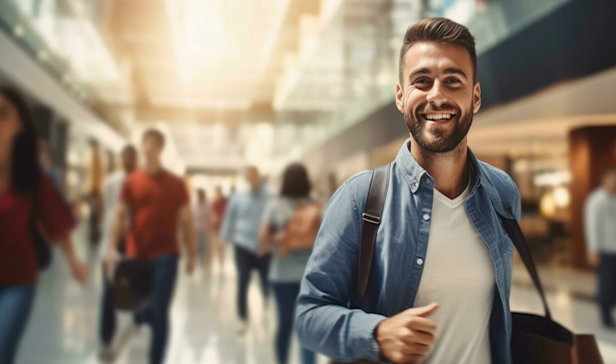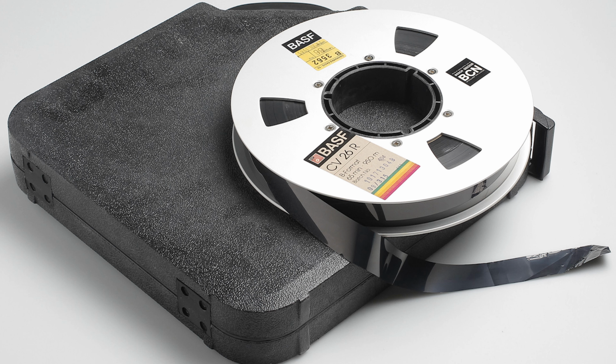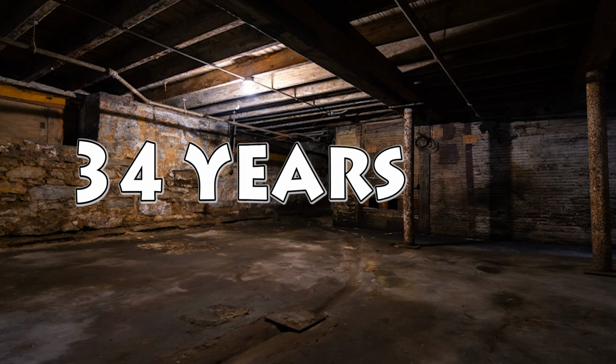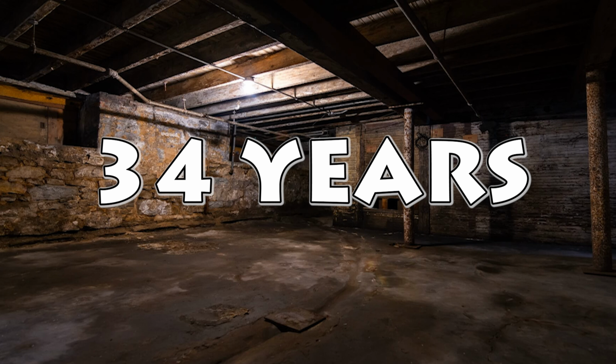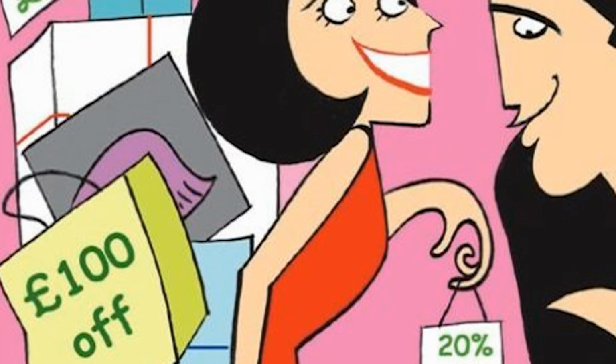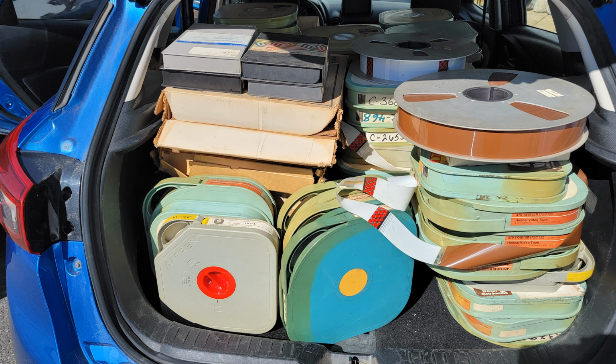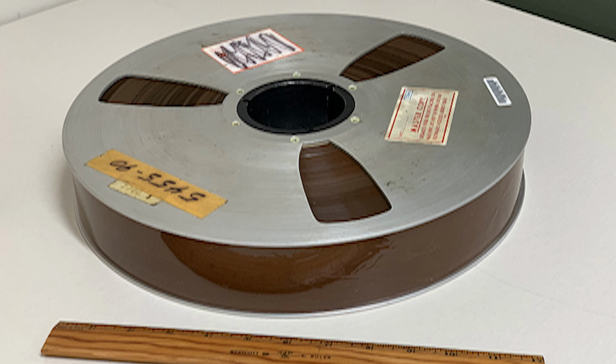Fast forward to a few weeks ago, and I popped into his store and quickly noticed a few of the reels out in the open for sale. After expressing my interest, he brought me into the basement to show me the rest of the collection, noting to me that they had been living down there for the past 34 years, without a single reel ever having been sold. We haggled briefly, and I wound up taking the entire lot, which also included around 35 2-inch quadruplex reels